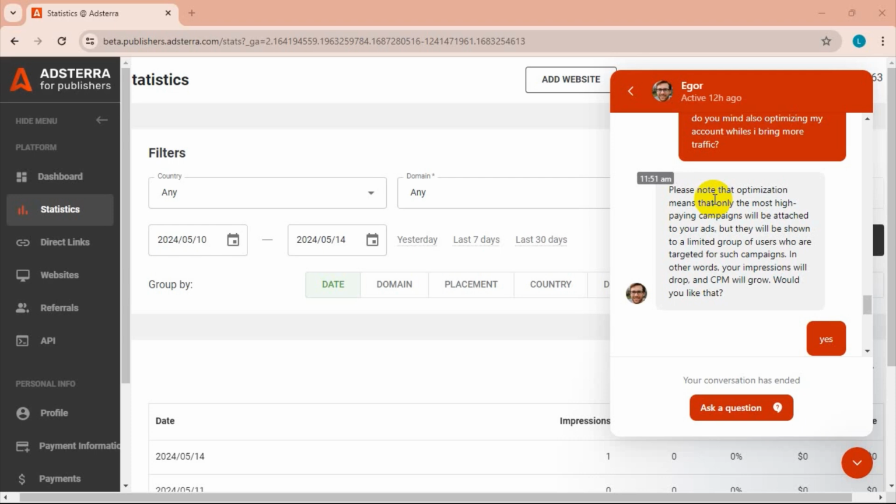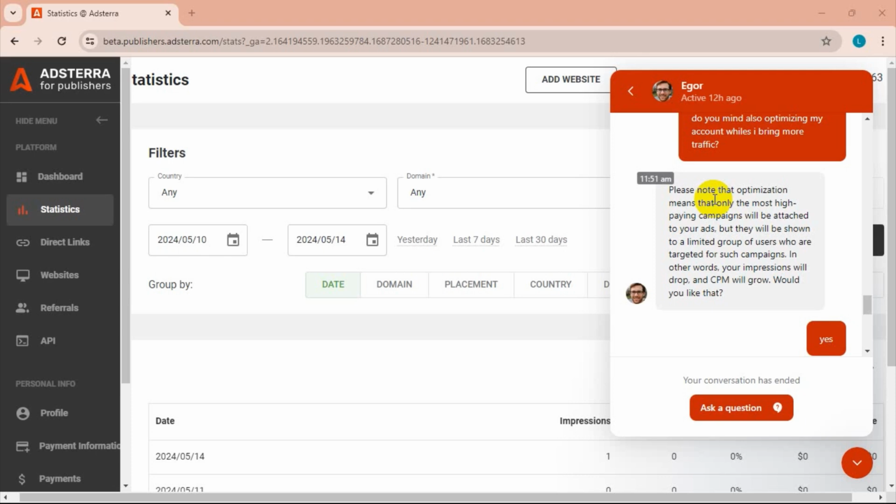I like where the conversation is going. They will optimize the account for you, but on one condition: your impressions will drop and CPM will grow, which will result in a high amount or a tangible revenue. So I told them yes.